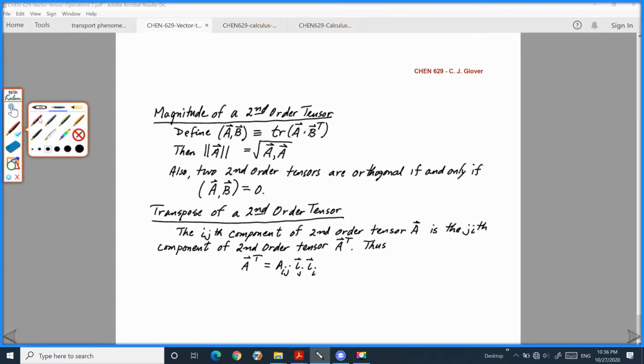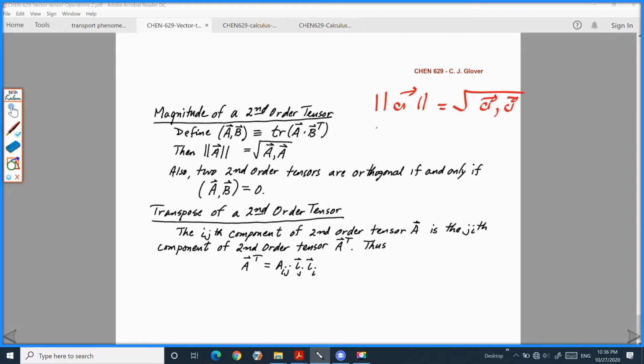Also, the magnitude of any vector can be written by this, and this is also a tensor. Let's say you have two vectors like this, then you obtain that one. The inner product is 0 because the angle is 90 degrees if they are perpendicular to each other. So okay,